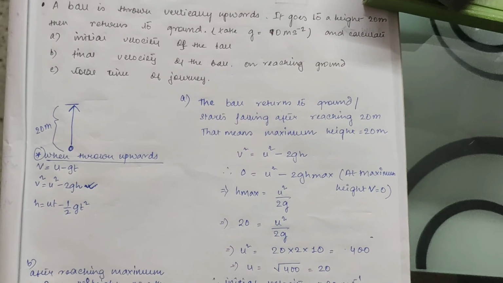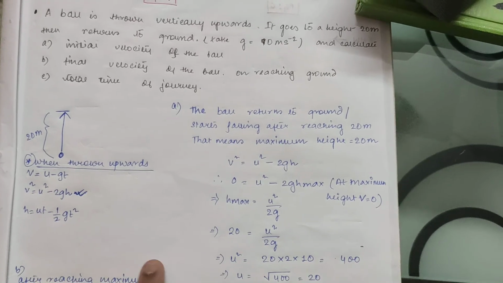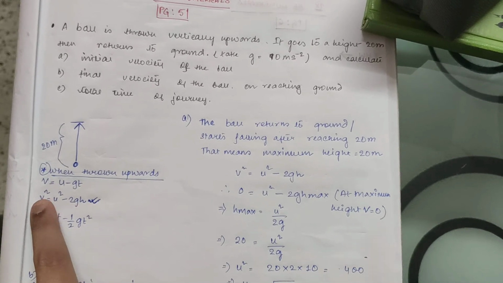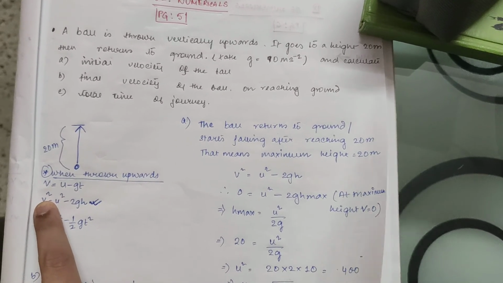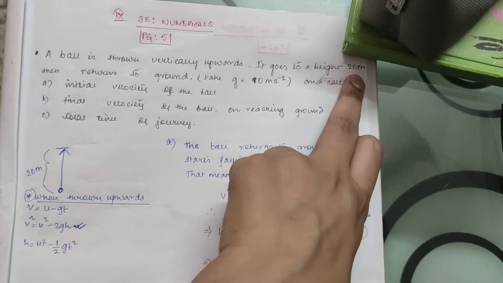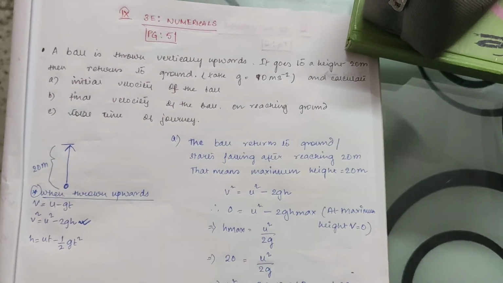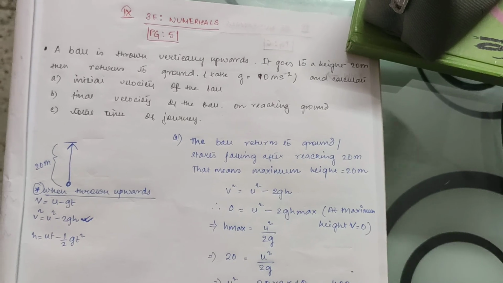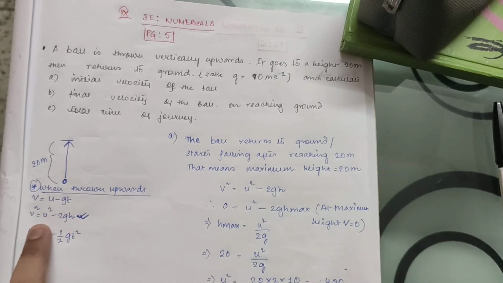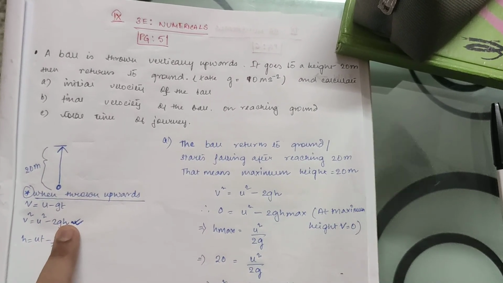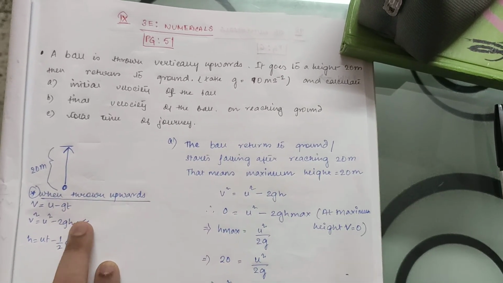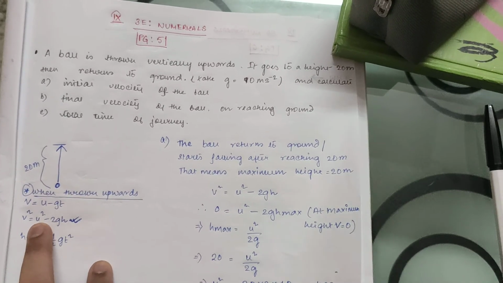So, if I have to find the initial velocity, which one should I use? This one. Why will I use this one? Tell me. Because V is not given. Sorry, V is 0. Because it goes to a height of 20 meter and then returns to the ground. So that means this 20 meter is the maximum height which the ball can reach. At maximum height, can I write V as 0? Right? So I can use this form because I have to find U and H is given 20, G is given. I cannot use this form because I don't know T. And these are the two only equations from where I can find U.